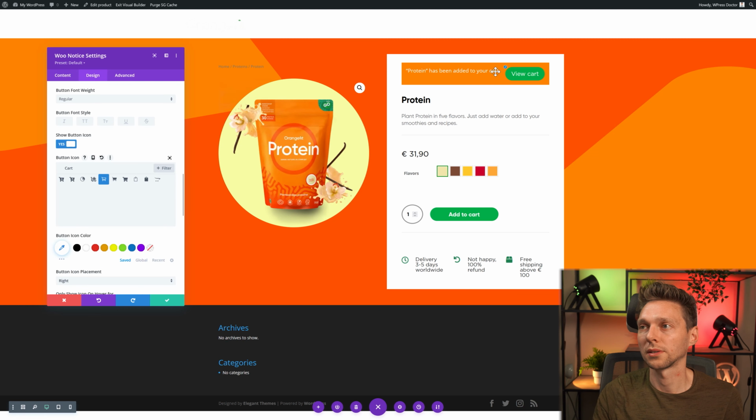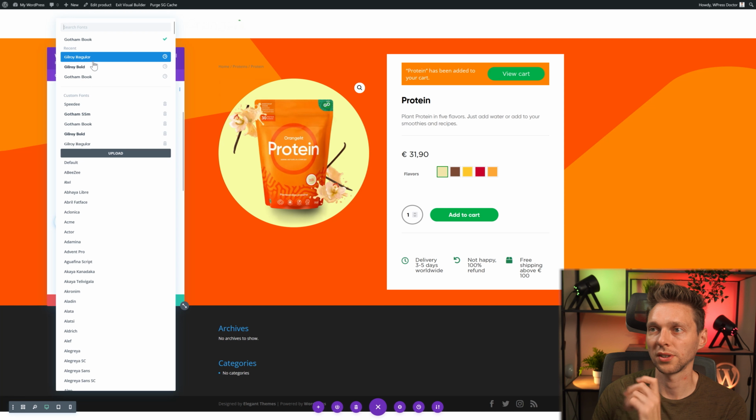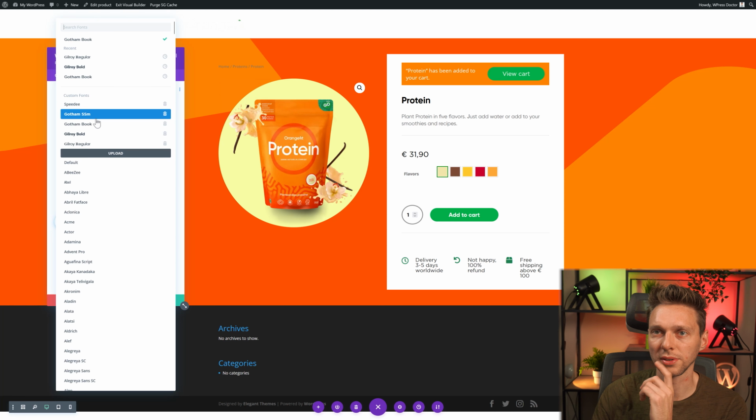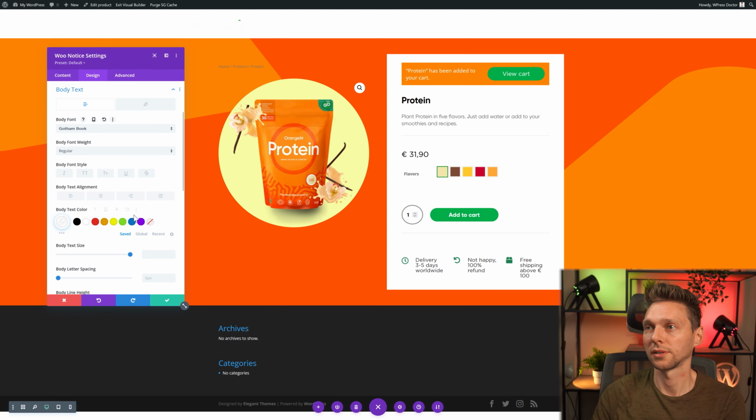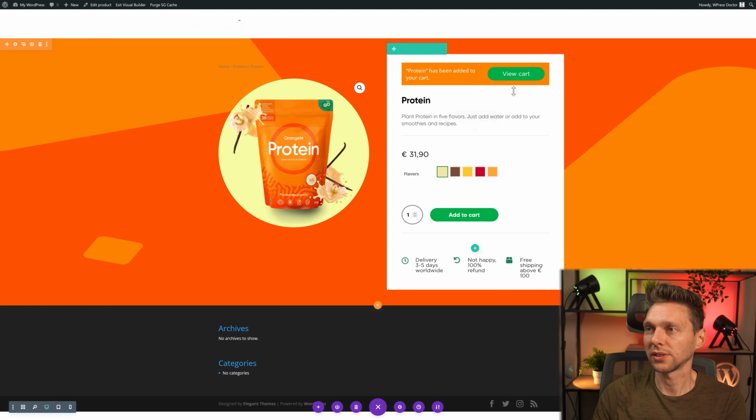Add 50 to make it just bigger. And then I want to actually change the text size also. Change this to Gotham Book. And then the text color should be white. I want to change this font to, what are we using? Gotham, right? Gotham Book. So this actually only appears when you press add to cart. Excellent. And then I also want to have this one over here, pay securely with, and then all these icons.